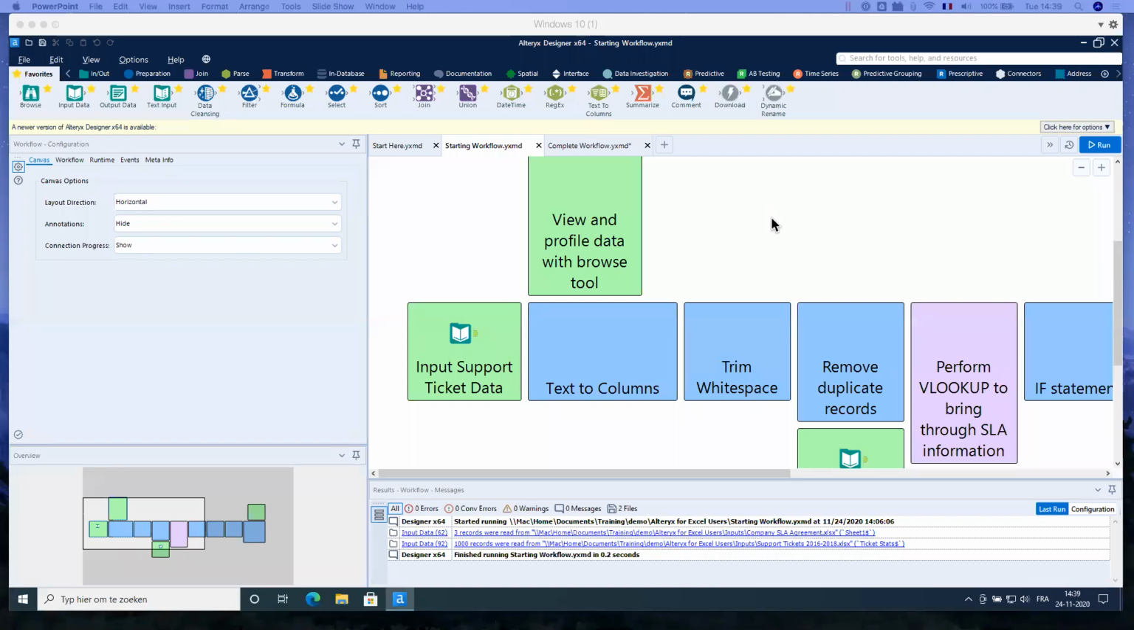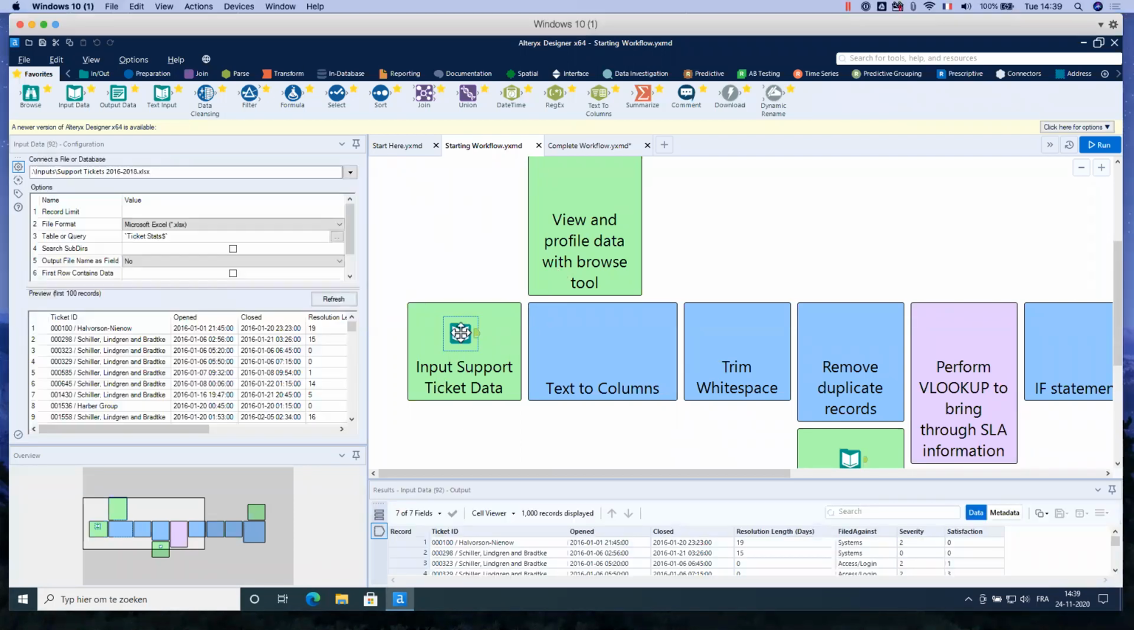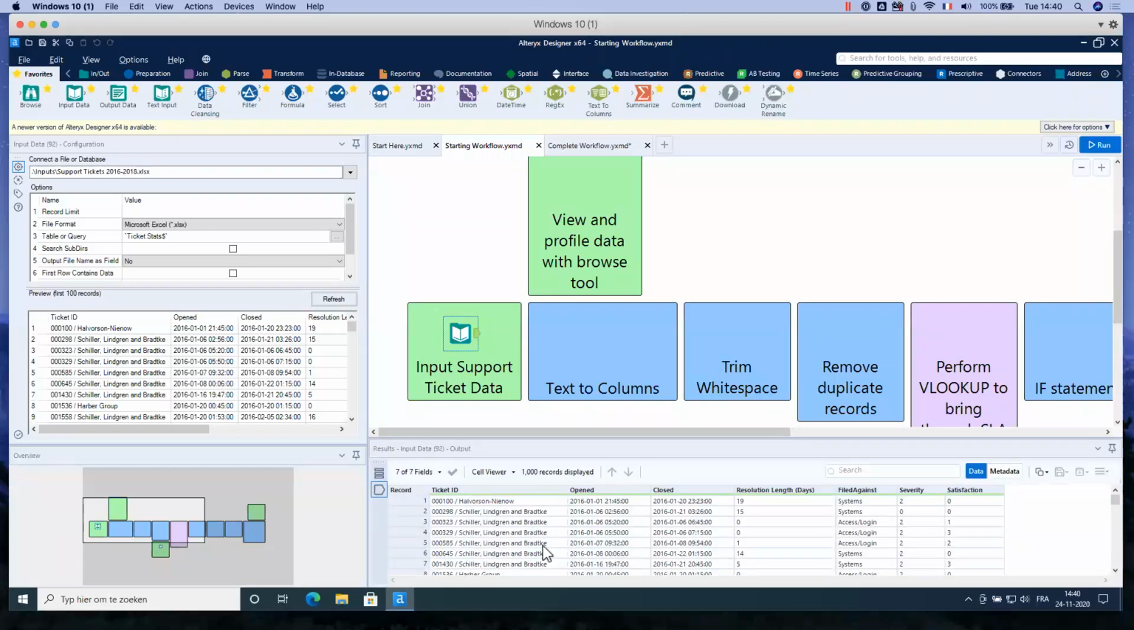So I hope everybody can open it. So in this starting workflow, we have already the input data tool. In fact, you have the support ticket for 2 years here. So in order to see this data, you need to run it. So you see on the top right, you have the run function. So you run it. And then we can already see,